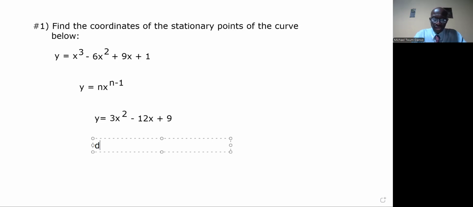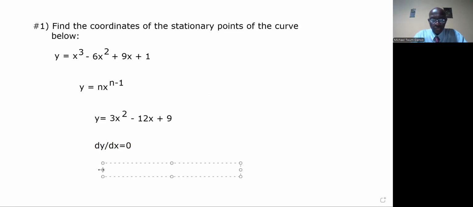And to find the stationary points, dy dx must be equal to 0. So this expression, 3x squared minus 12x plus 9, is equal to dy dx. So the next thing we're going to do is equate 3x squared minus 12x plus 9 to 0. But we can simplify, we can reduce it to lower terms. So if you divide through by 3, you're going to get